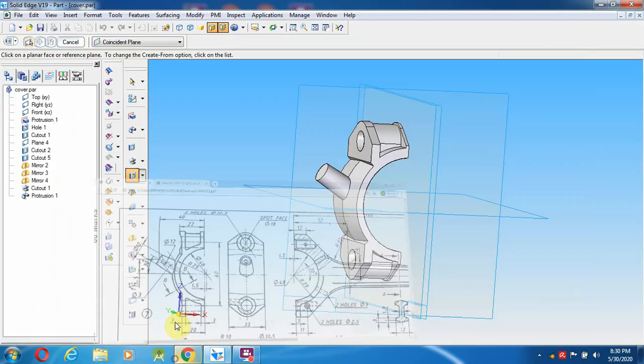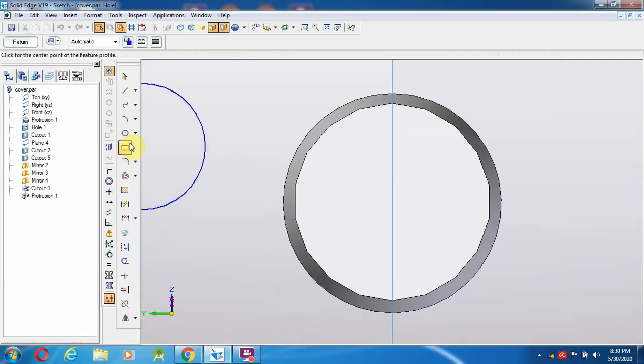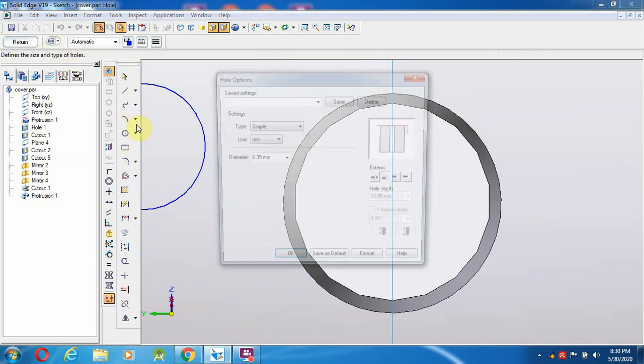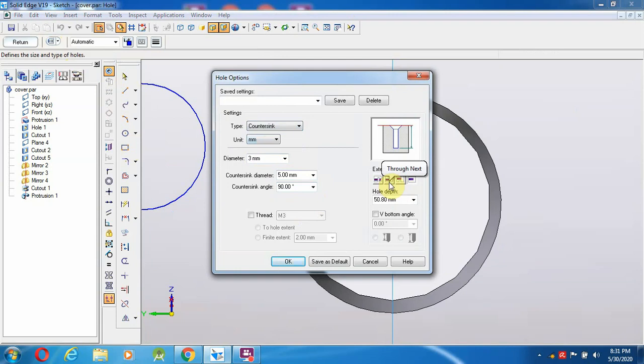Go for here hole option, starting here on the hole, countersink hole, and diameter is 3, and this will be, you can give 5, and angle is 90 degree, and through next give OK.